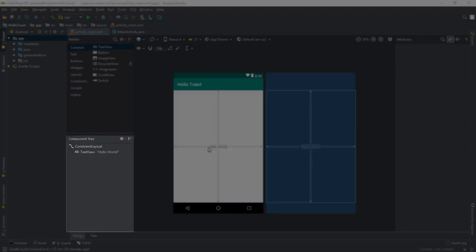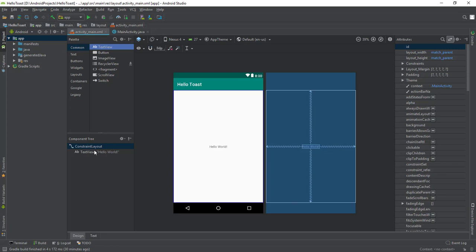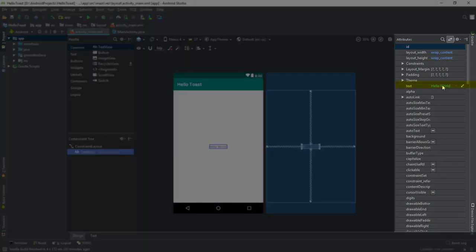Third, in the component tree, as a component in a hierarchy of UI elements called the view hierarchy. That is, views are organized into a tree hierarchy of parents and children, where children inherit properties of their parents. Fourth, in the properties pane, as a list of its properties, where Hello World is the value of the text property of the text view.